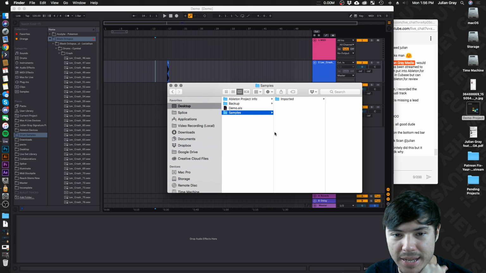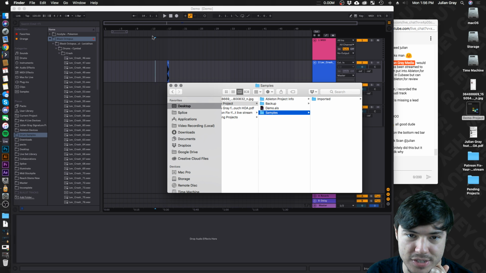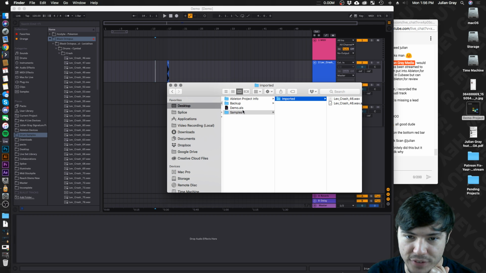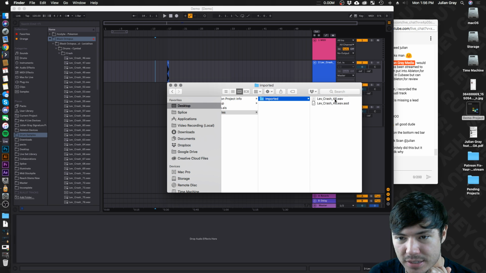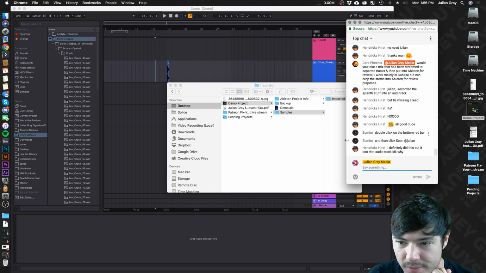If I made another project and I saved it in here and collected all and saved, it would copy all of the samples from that project too into this imported folder because it's just seeing the directory. It's going to copy it into there by default. So then if I need to separate this demo project from the other one, I have to differentiate which projects are which. That's a big mess. So that's the reason why you do this.